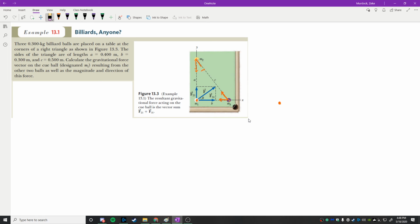Okay, I guess so. So we're only worried about the forces on this ball right here, ball 1. Okay? And what we know is we're basically going to be using...